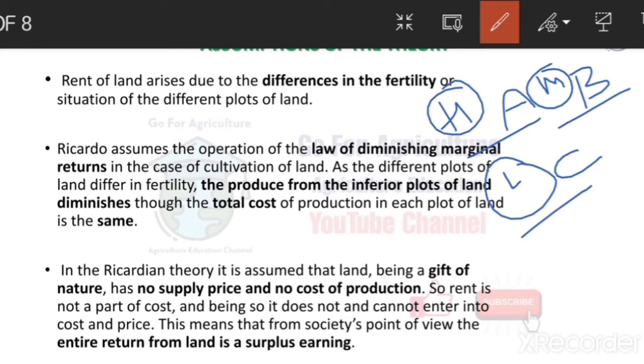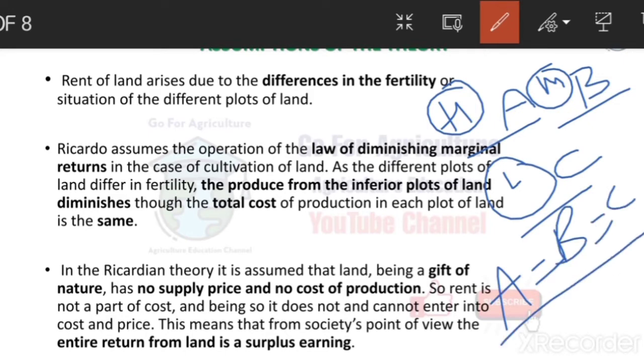But the cost of production is the same. Means A is equal to B is equal to C. Means these three lands are having the same cost of production. Cost of production is the same, but here you can see due to the different ranges in productivity, I see that A is the inferior plot, B and C are the better ones. So here you can see, not because of the cost of production, but because of the difference in the fertility